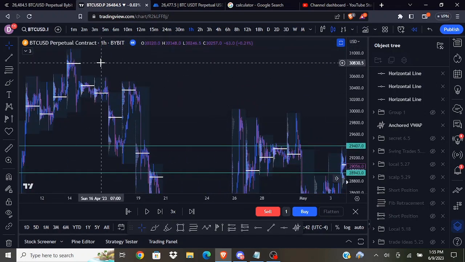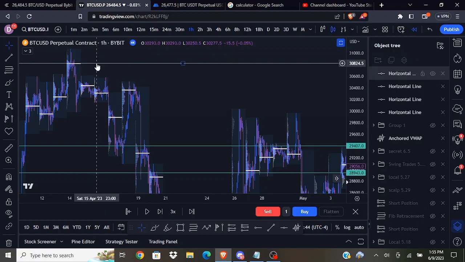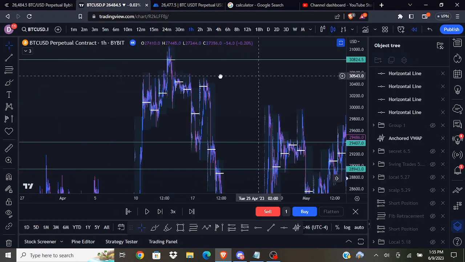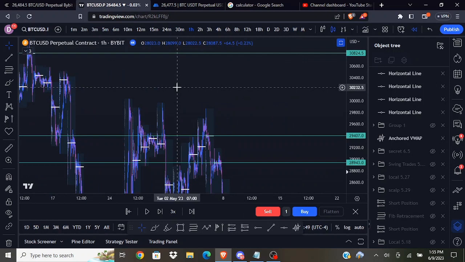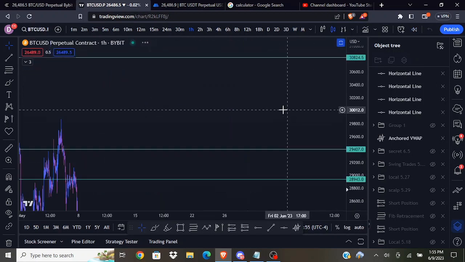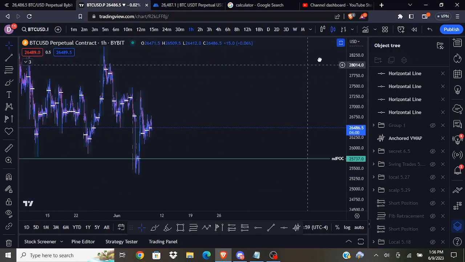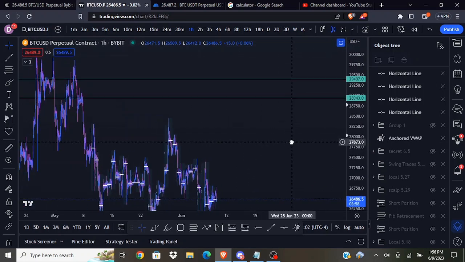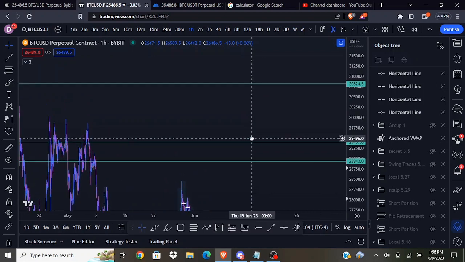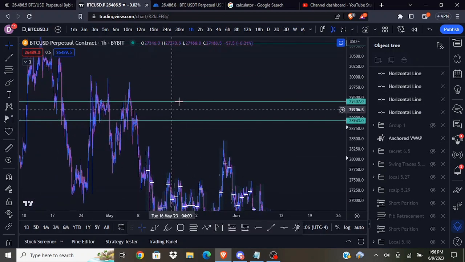There is also one all the way up here. This looks like the only other ndPOC, so I'll mark all of those out. And we'll X out of the bar replay tool and see if any of these have been tapped yet. So they have not. So we got some ndPOCs above us, and I would say all of these levels could